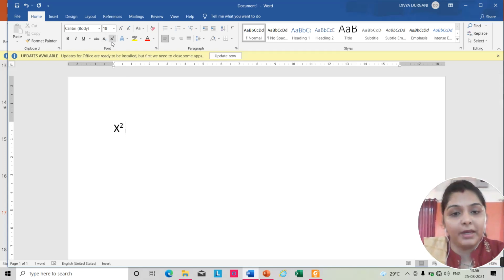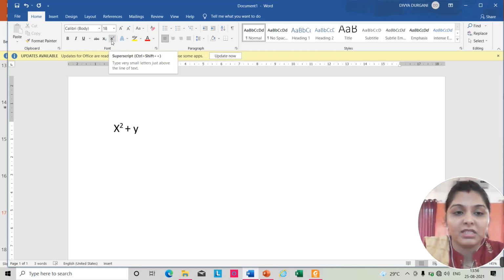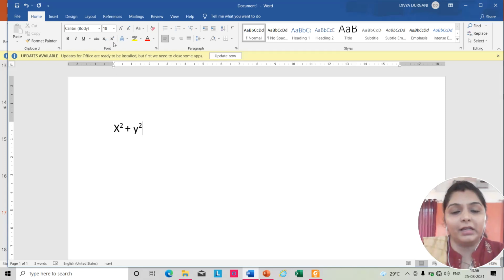See, it is not highlighted now, so that means we are writing in one line. Now if I want to write above the line of the text, again I will enable the superscript here with a single click. See, it has been enabled, it is highlighted. That means we will write the text in superscript now, like this. Is it clear? Now if you want to disable it, you click on it again, and now it will not be highlighted.